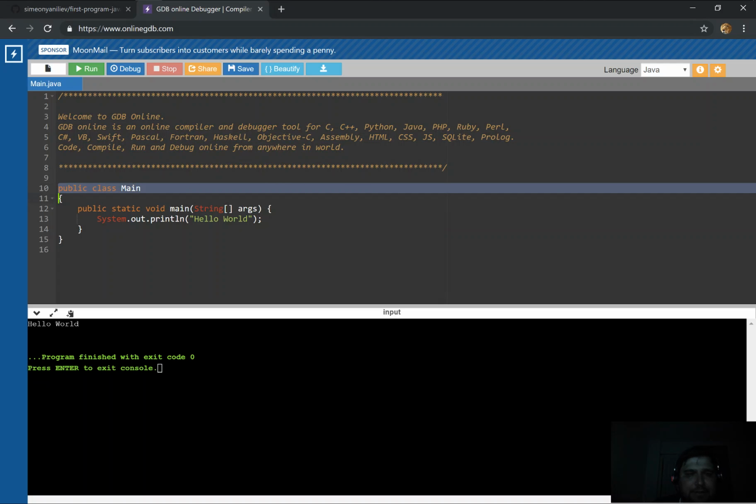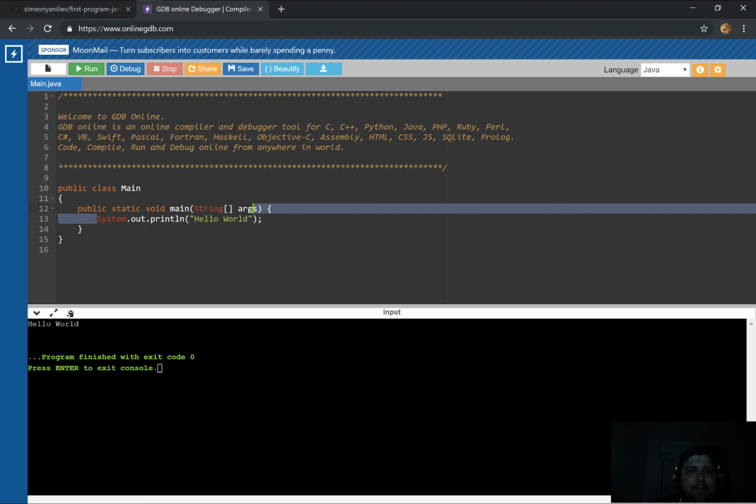We'll not get into that much, but everything between this open and close bracket is the definition of our class. And this is how you define a method in Java. And everything between this open and close curly bracket here is the definition of our method. Plus, this is a very special method called the Java main method. This main method is the entry point of our Java application. This is the starting point where the code will start to be executed